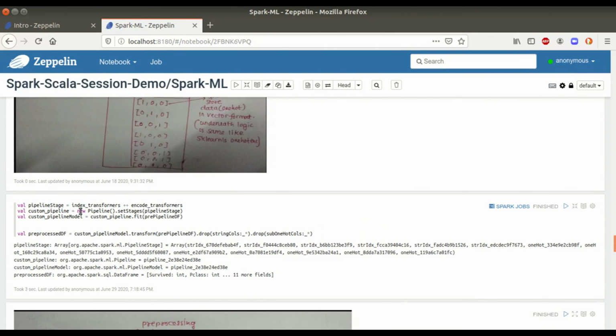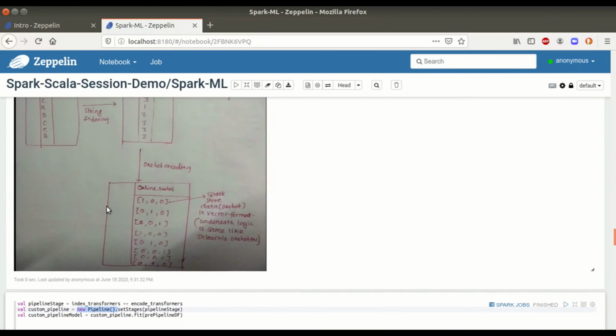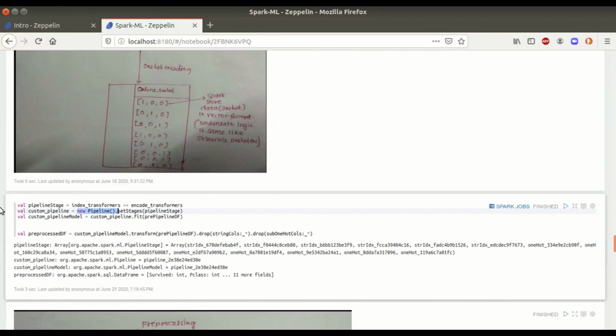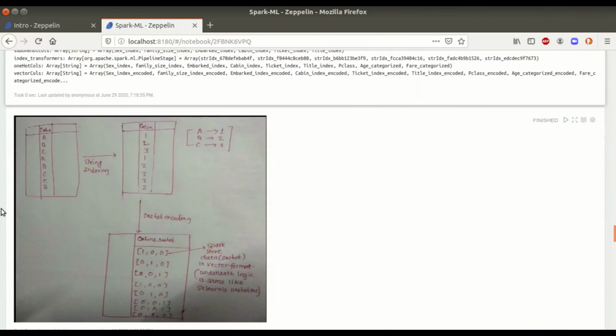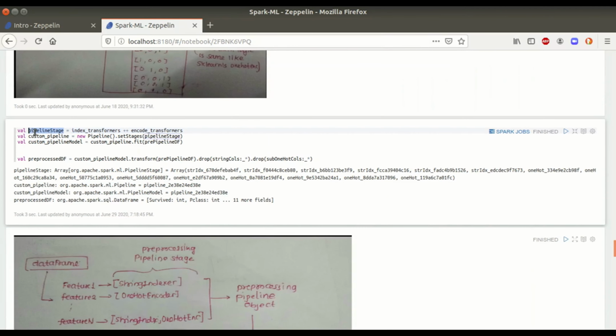Now, as I told in our initial discussion, there is a concept of pipeline. This concept lies in sklearn also, but in Spark data processing, this is more preferred. Whatever data we have processed till now, I had gathered all those transformers, the indexing and the one-hot encoding, into a pipeline.